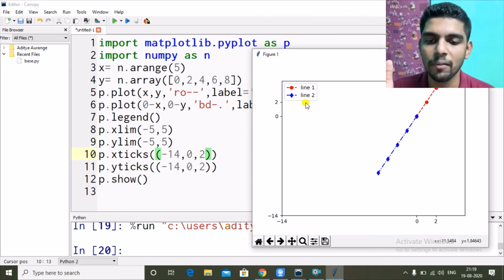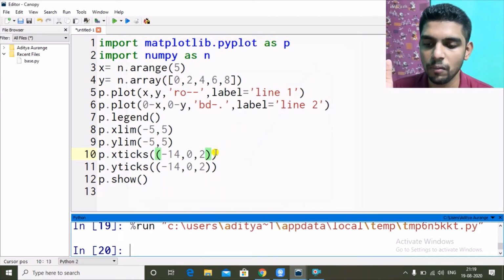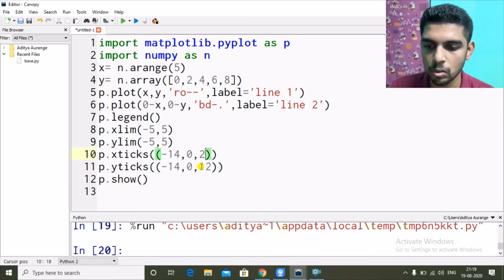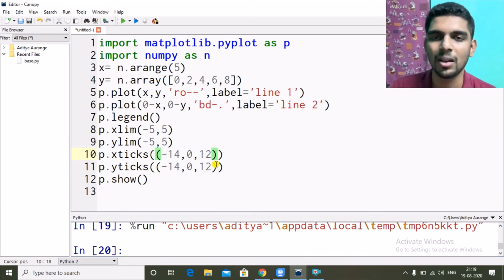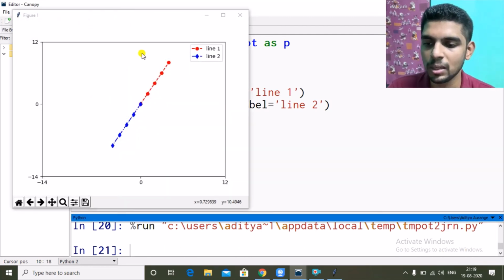So our complete graph is included. Well, not the complete graph. If I give here till 12, extra values, our graph lies in between this only, -8 to 8 for the y-axis and -4 to 4 for the x-axis. So if I run it, this is our complete graph. This point is -4 in x and -8 in y.